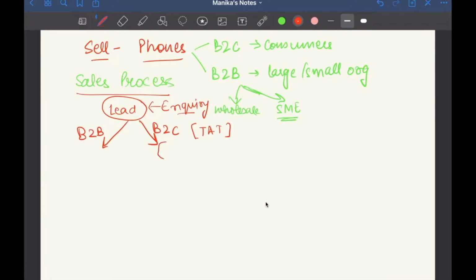So it could be like kind of selling your phones through your website or through your point of sales, wherein the customers can just step in and buy, but you still want to track it, right? So you have the order created directly here, and then you process with the next steps of dispatch and delivery, right? So this is like a very simple workflow that we can kind of build for a B2C customer for